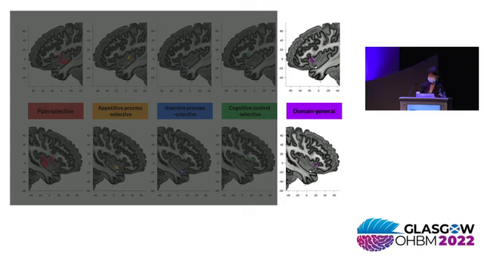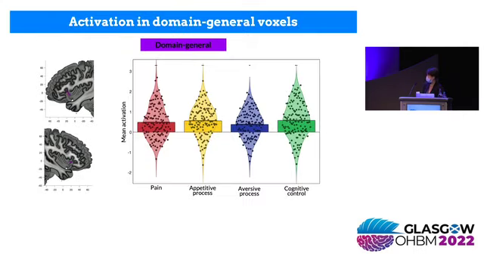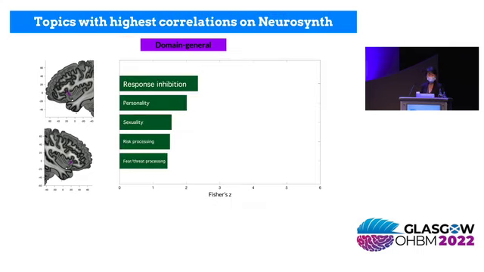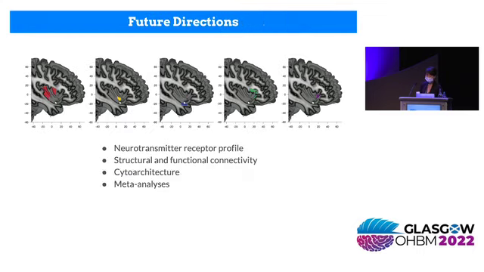And this region shows very different patterns compared to the domain-selective areas that I just introduced. So first of all, as you can see, this region shows overall activation for all 4 domains of mental process. And also we can see that the Neurosynth topics that show the highest correlation with this area are much less coherent compared to the other selective regions. Based on this result, currently we are looking into other neuroscientific evidence that can provide more clues about the functions